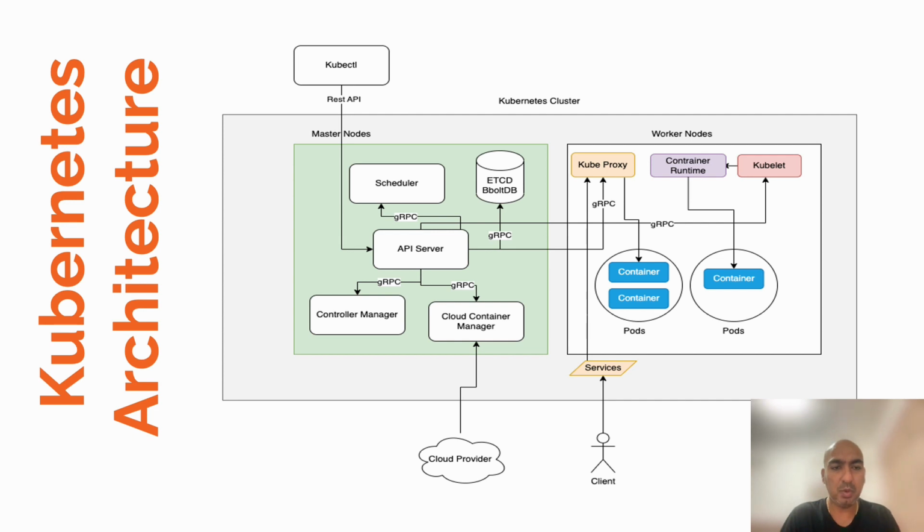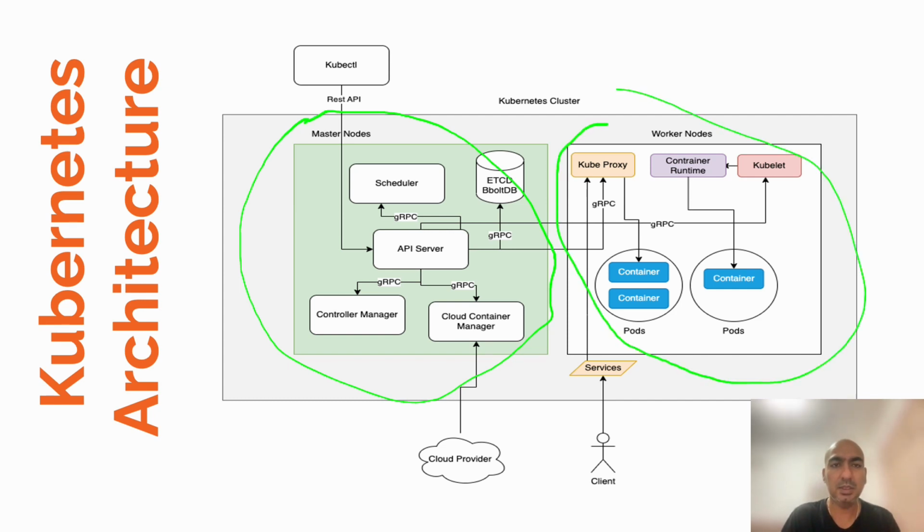So if you take a diagram out here, you can see this is management and this is the execution part of it. So in the master node or control plane, we have 5 modules. The first one is the etcd database. It is derived from a key-value DB. It is used to store all the information about the complete infrastructure of the cluster.